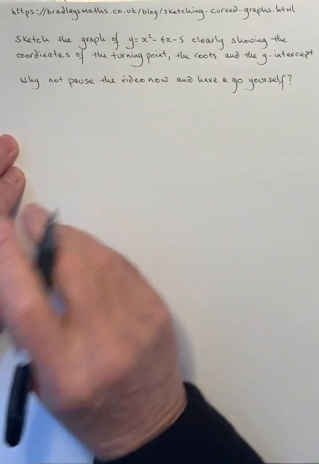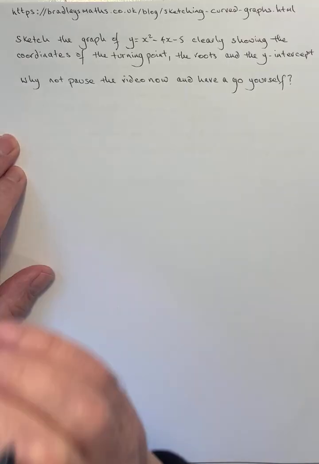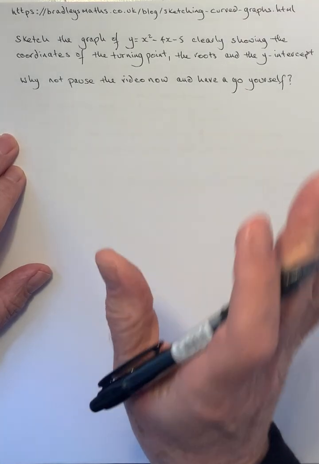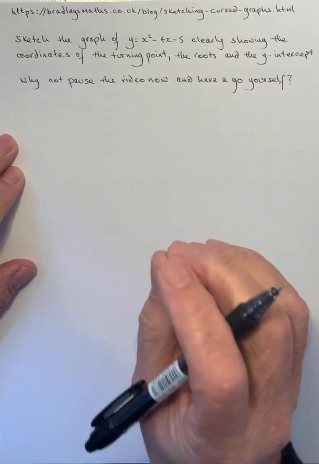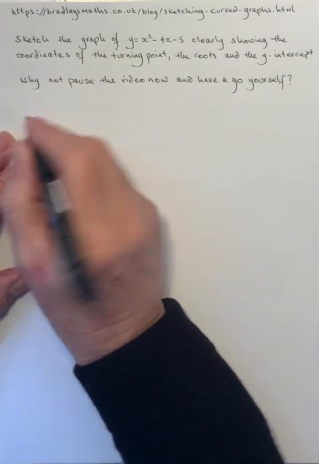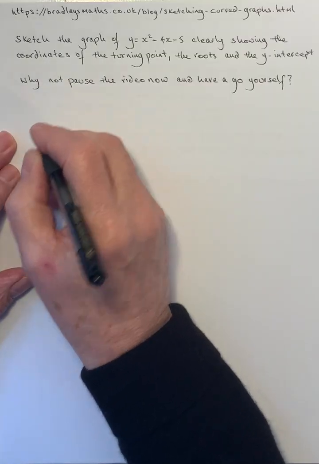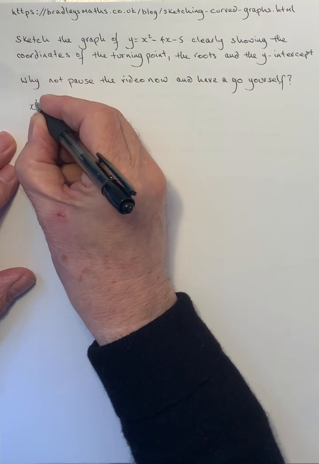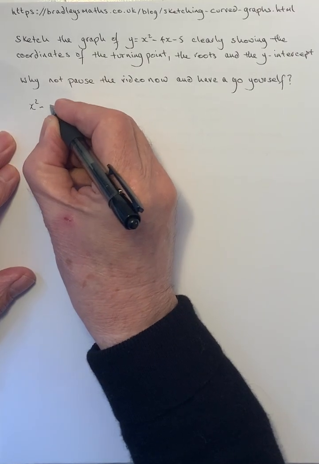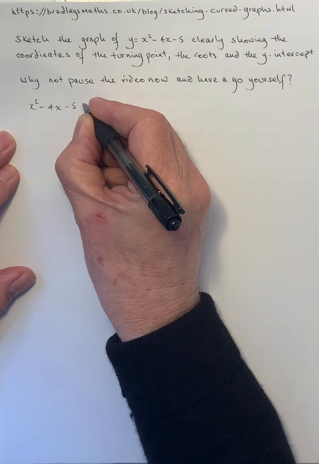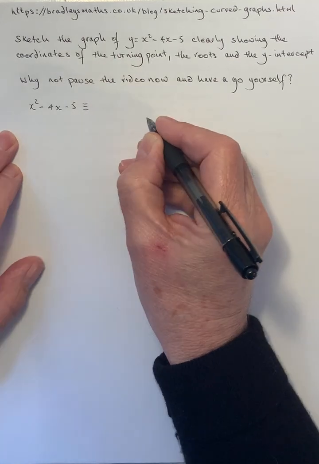The turning point. Finding the turning point, the easiest way to do it is to complete the square. And I already have a blog post on completing the square. So all I'm going to do is do it. I'm not going to tell you exactly what I'm doing here, but we can say that x squared minus 4x minus 5 is identical to